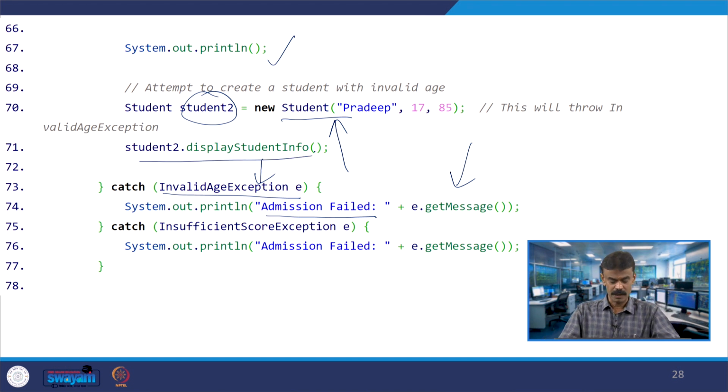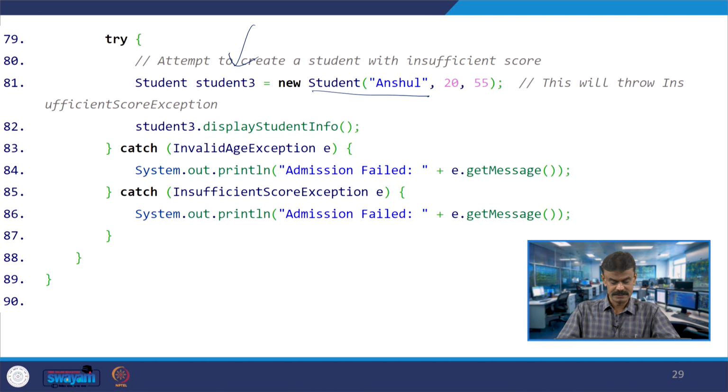In this case, Anshul's age is 20 and the score is 55.